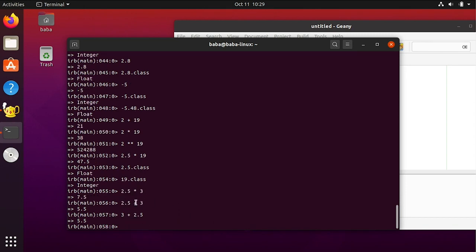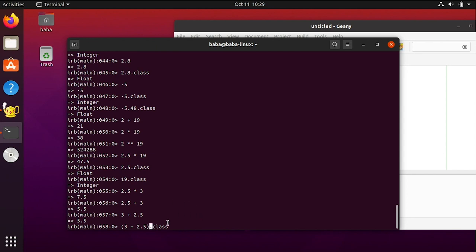Of course, this is an integer and this is a float. If you sum them together, there's no way an integer can have this value. So of course, this is going to be converted to a float. How do we know that? Well, we could put in here .class. However, we need to put these between parentheses,